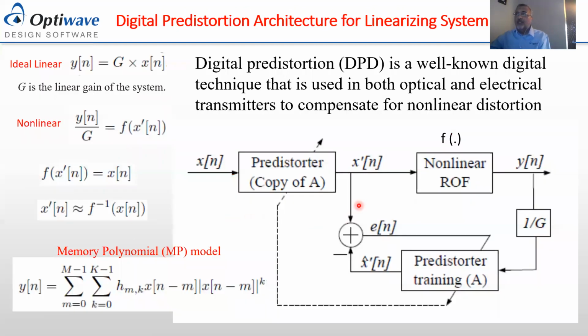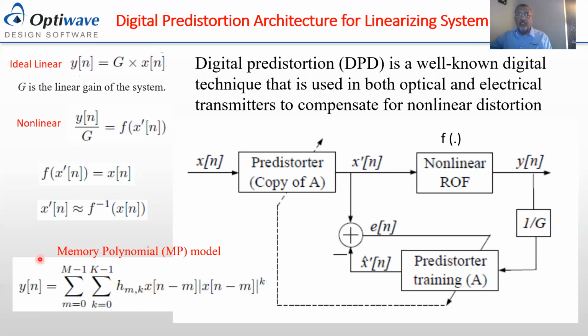Okay. Now, this is the structure of the digital predistortion system, where the samples come into the predistorter and create the distorted samples here, passing through the system, which is a nonlinear radio over fiber system, including the amplifier and the fiber and everything. And then the system here, these received samples. In principle, if the system is linear, these samples are supposed to be equal to the gain times x of n. However, if the system is nonlinear, then this signal would be a function of the distorted samples.